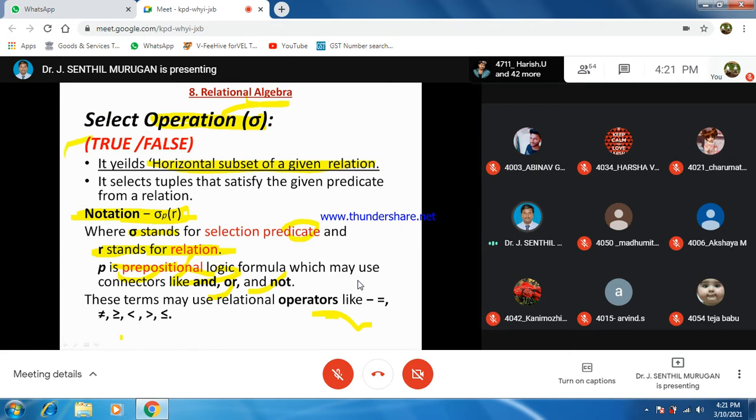So in this one, whether it is true or false, that is called the select operation. That is the select operation, sigma is used. Okay. Next one,